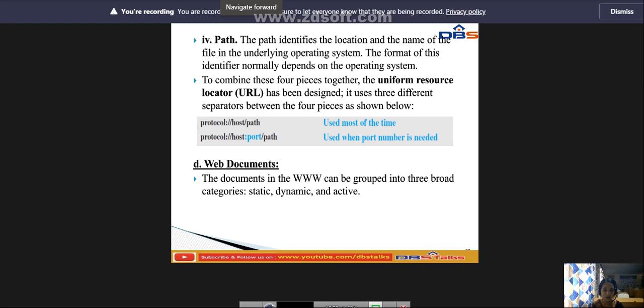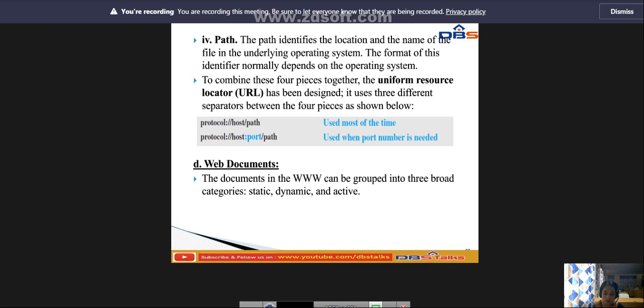Whenever we combine these four pieces together, the uniform resource locator has been designed. It uses three different separators between the four pieces, as shown in this diagram.